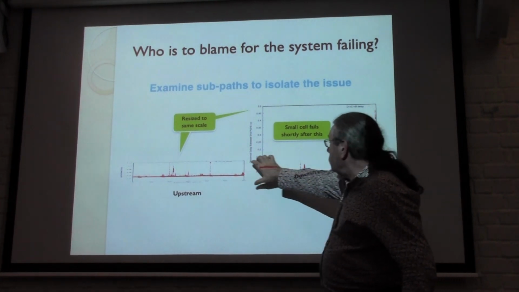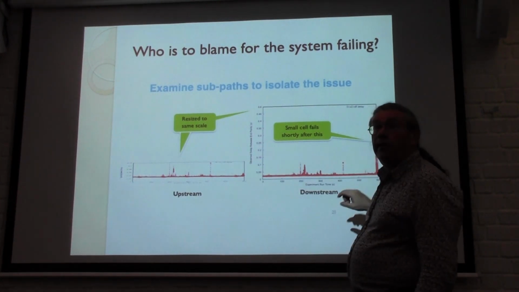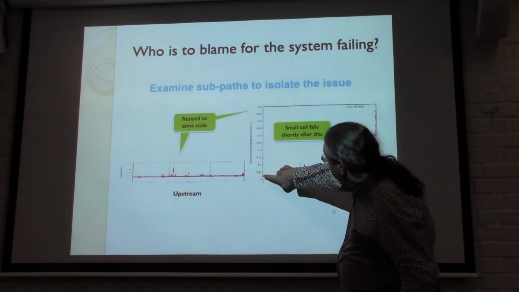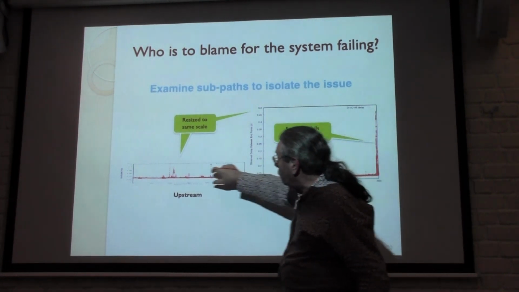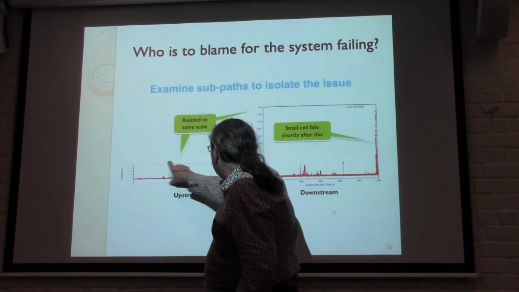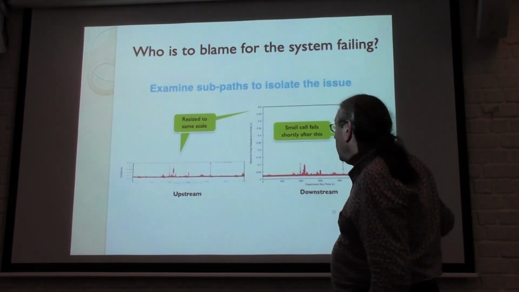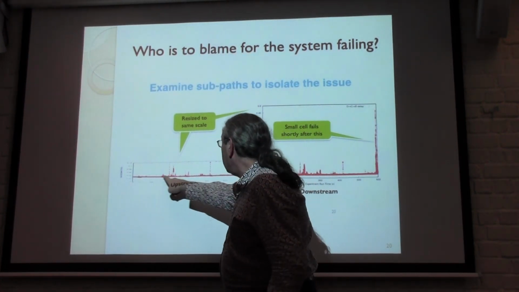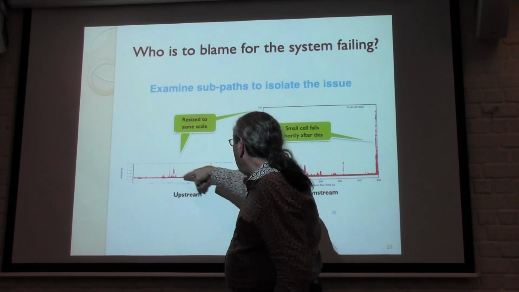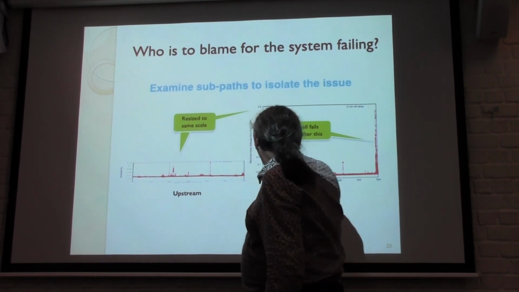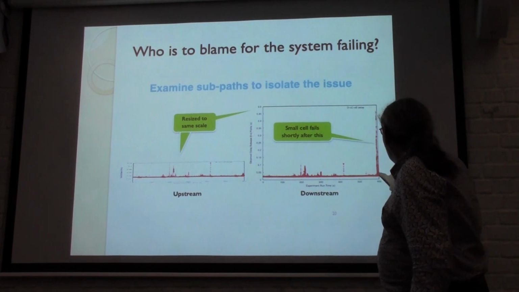These two graphs are at the same scale. This is 0.05 second, here also 0.05. You can't read it, but it's been rescaled, so it's the same scale. You can see the upstream is fluctuating a bit, the downstream is fluctuating a bit, but here there's